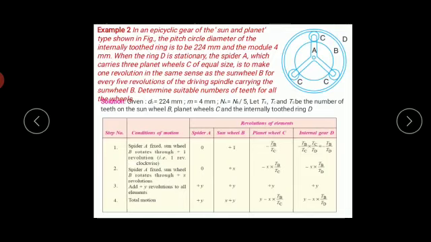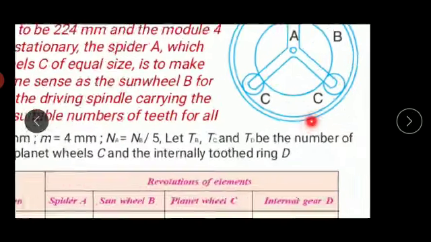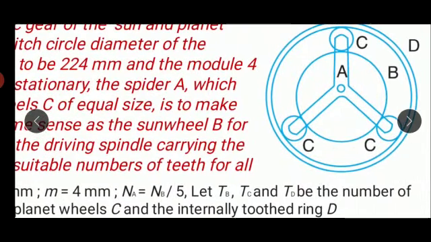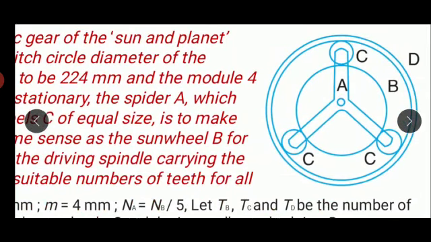Now this is the statement of the problem, and in the statement we have also been given the sketch for the gear train. So whatever the sketch is there, let us see first. So we are having gear B, this one. This one is the gear B here, and on this gear B we are having a spider. This is A, and the spider A is having 3 wheels C, which are going to rotate with respect to this C diameter there. And this gear C is going to mesh with gear D. Gear D is an internal gear, so the direction of rotation of C and of D will be in the same direction.